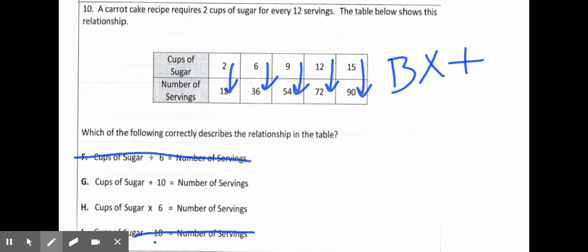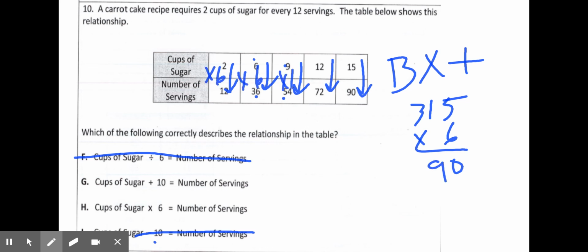So I'm going to try timesing first. I'm going to sing my 2's to 12. 2, 4, 6, 8, 10, 12. I get 6. So I'm going to sing my 6's to 36. 6, 12, 18, 24, 30, 36. 6 again. 9's to 54. 9, 18, 27, 36, 45, 54. 6 again, and 12 times 6 is 72, and I can do 15 times 6, and that does give me 90. So I'm believing my rule is times